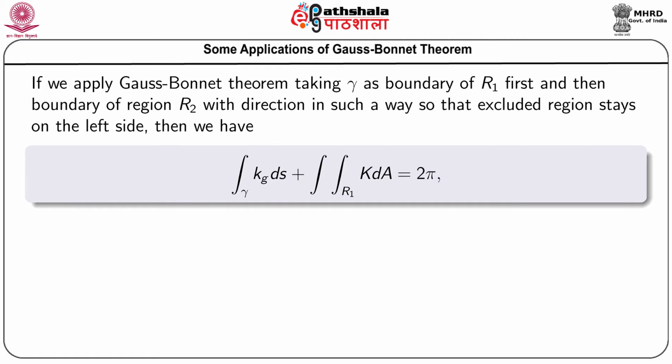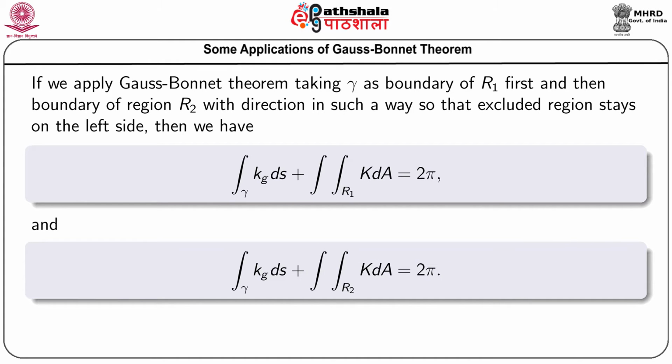is integrated along the curve gamma in one direction for the region R1, and the same kappa g ds along gamma in the opposite direction, and the double integration over R2 of k dA is also giving 2 pi. But as this one has the opposite direction, this kappa g ds along gamma has a negative implication, and so if we sum these two,